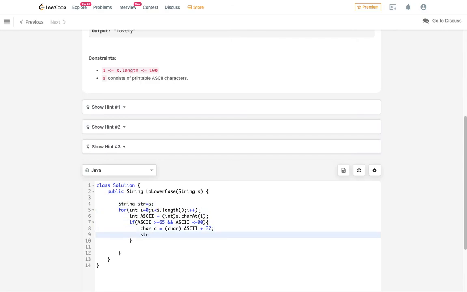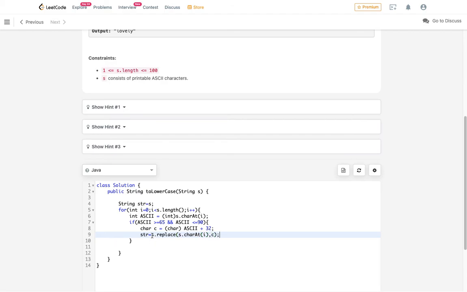Now str equal to, we'll use the replace method in this problem to replace the uppercase characters with lowercase characters. So now s, the initial s, we'll do s.replace. Now what we need to do is the current s.charAt(i) will be replaced by c.